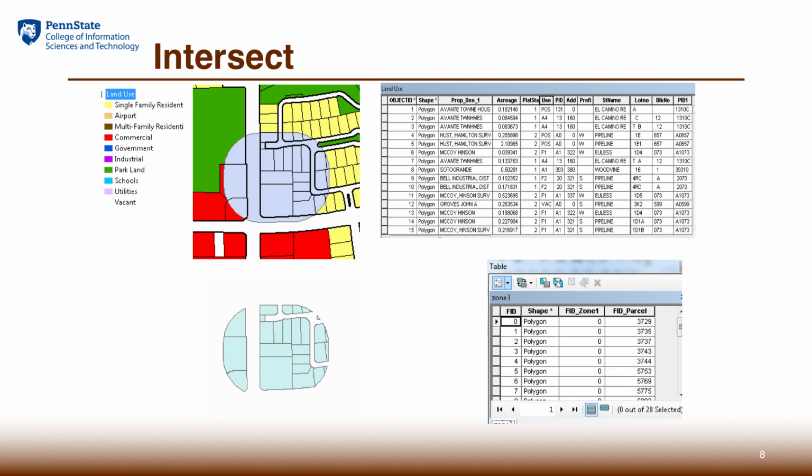Intersect is useful when we try to figure out the proportion or part of something inside a particular predetermined area. For example, we have a map showing the land use parcels of different land use types. If we have a pollution source that is going to pollute a certain area, and in this case we represent that pollution area as gray circular areas, the question is, how can we identify the acreage of the polluted area so that we can seek compensation maybe?